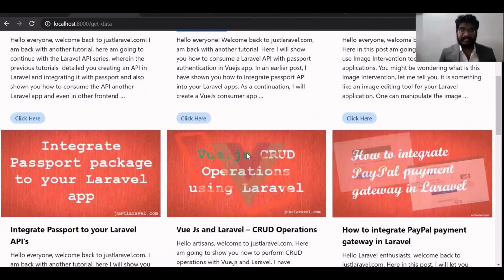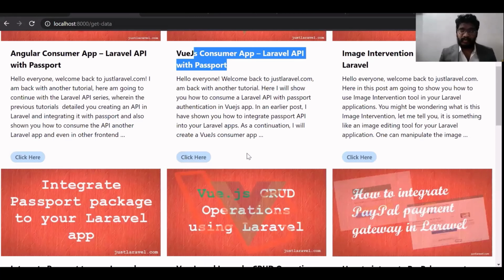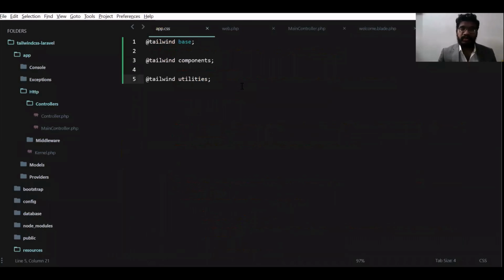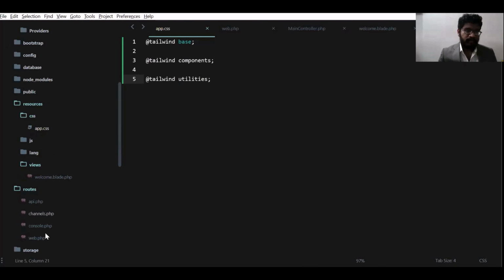So that's it, guys. This is how you add Tailwind CSS to your Laravel app. There are 5 simple steps. First step is to install Tailwind using npm install, and then you have to import Tailwind by adding those commands to your app.css file. Then you need to generate the config file.